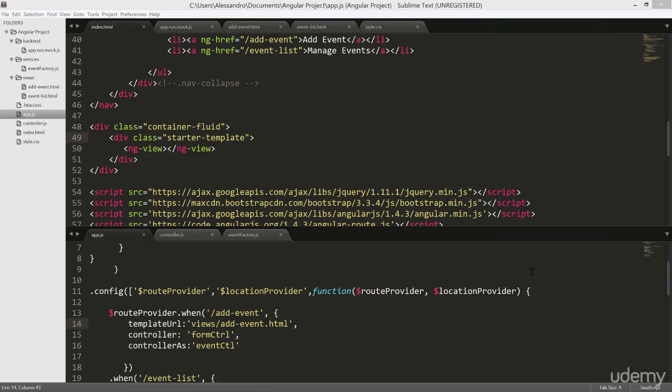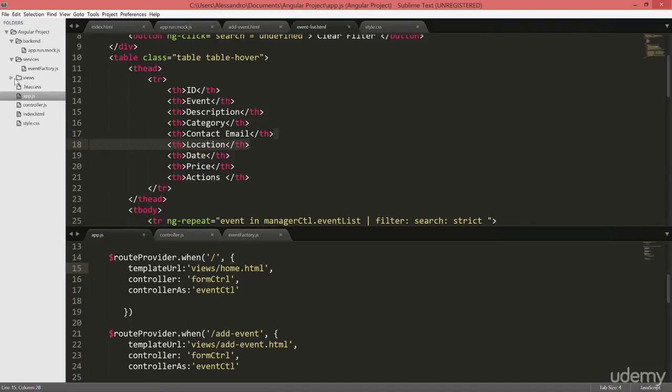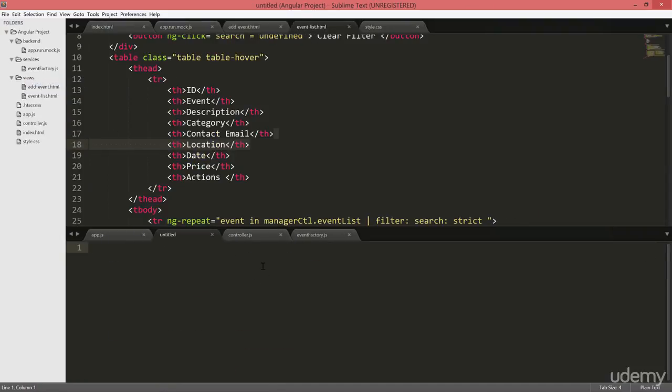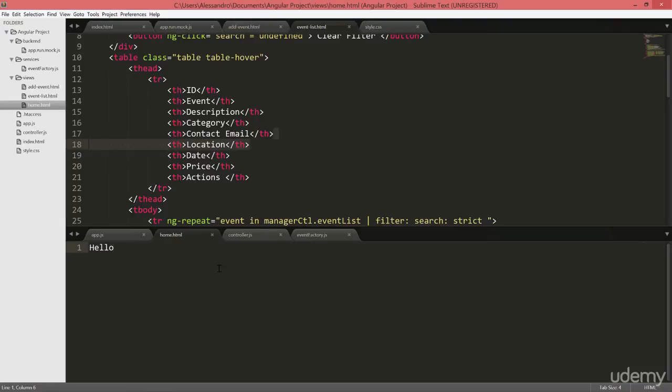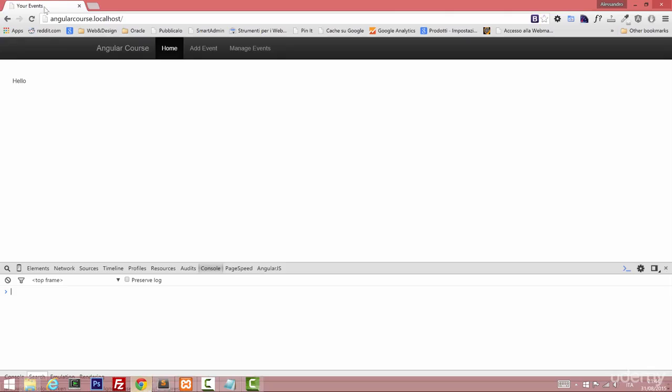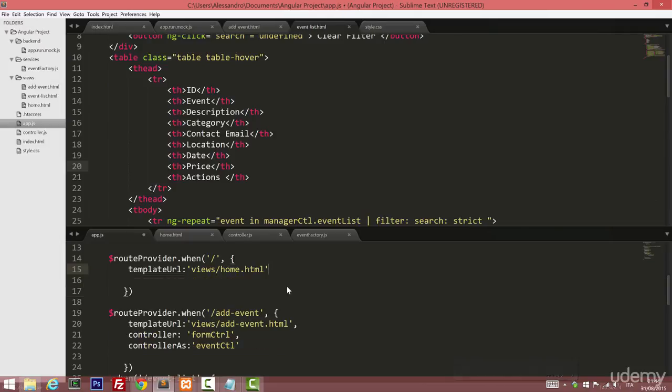The first thing I'm going to do is to add a new route to our app.js. So we'll have the route for the home page itself. So that will be /, and that will be view home HTML. Next step, I'm going to create the new home template. At the minute it will just be the hello world, nothing special, and I'm going to save it as home HTML under my views. Okay, so if I save and I double check, I have the hello being displayed. We can get rid of the controller at the minute, we can always define it later,